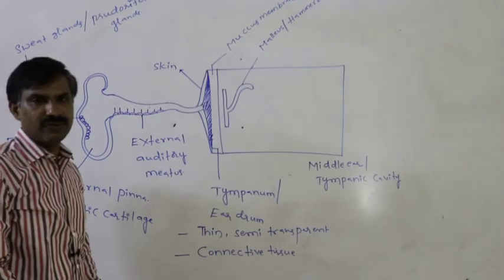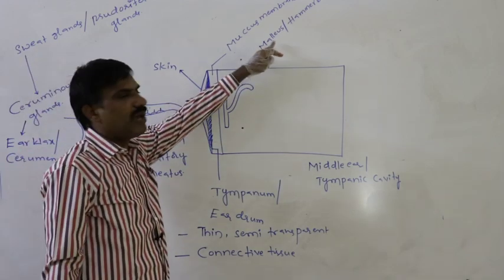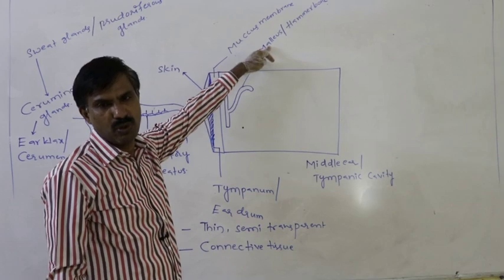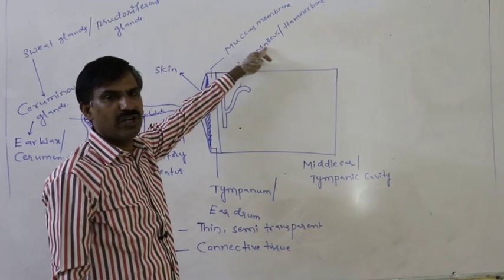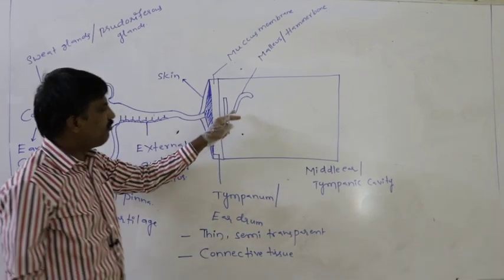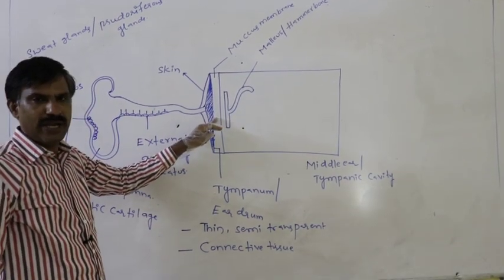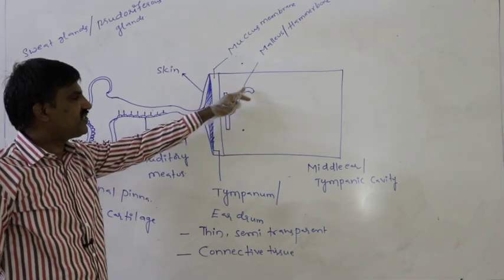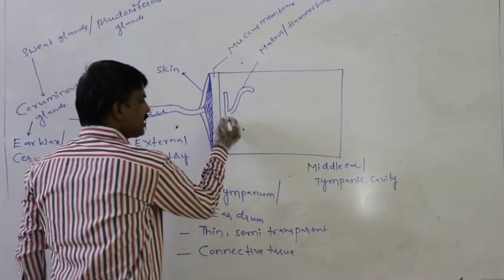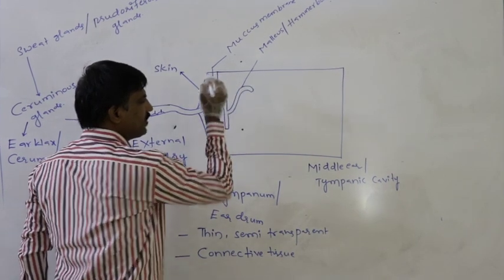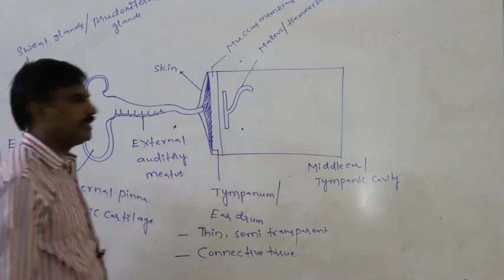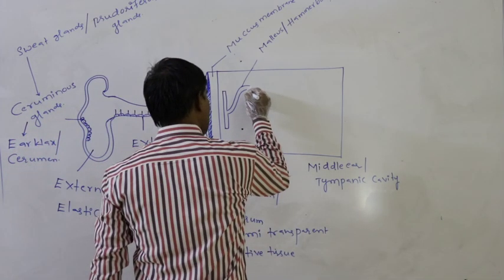This malleus is a modified articular bone. The base of the malleus attaches to the tympanum. This is the base, this is the head. The head of the malleus always attaches to